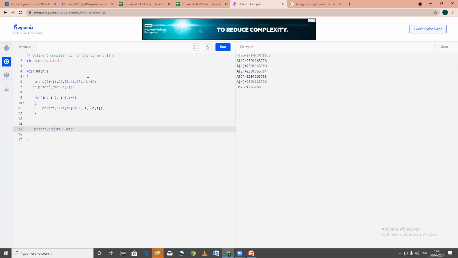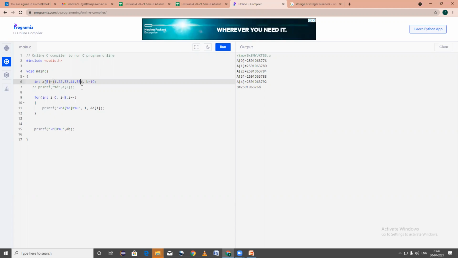If you assign another variable, it will be stored at a different memory location. But when you assign an array, here 5 values means 20 bytes, because 4 bytes are reserved for this integer type of value. So 4 into 5 is 20, right? So from 76 to 92, this many bytes are reserved for this variable a to store its values.